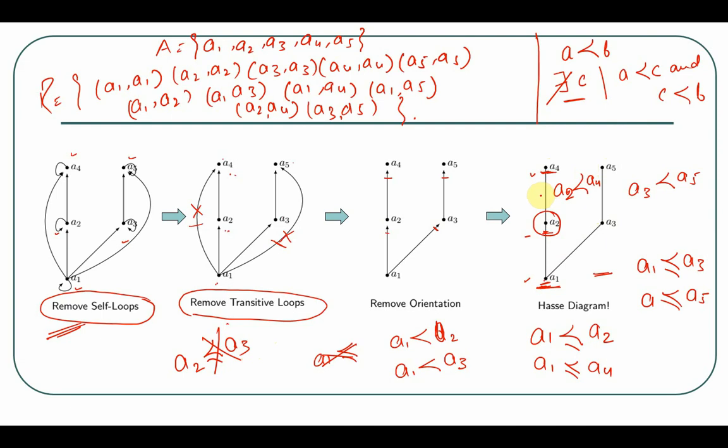Wherever I have a line in the hash diagram, wherever I have an edge in the hash diagram, this is actually telling me that this line is there if and only if there is a strict relationship. These transitivity indicating lines, they were this A1 to A5. A1 is related to A5, but A1 was not strictly related to A5. Why? Because A3 was between them. So this transitivity line was actually that of a non-strict relation. So while making a hash diagram, we eliminate all the non-strict relation lines. So this is how you will convert a normal diagram and digraph into a hash diagram.